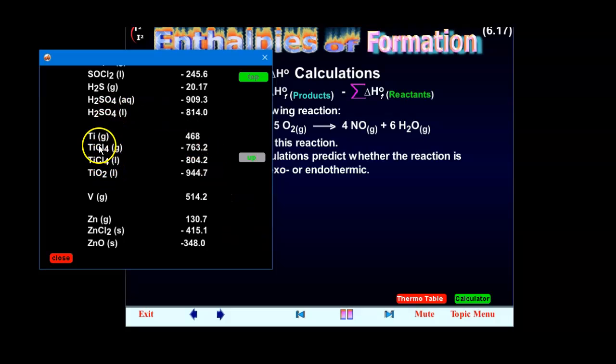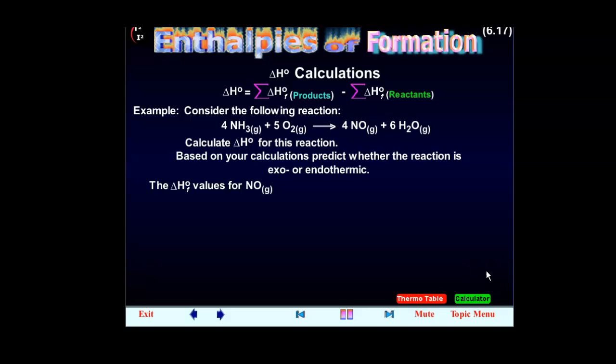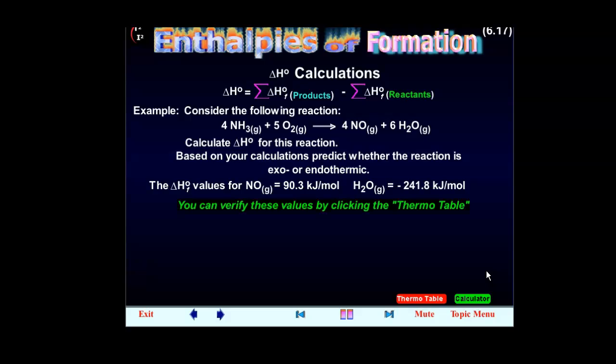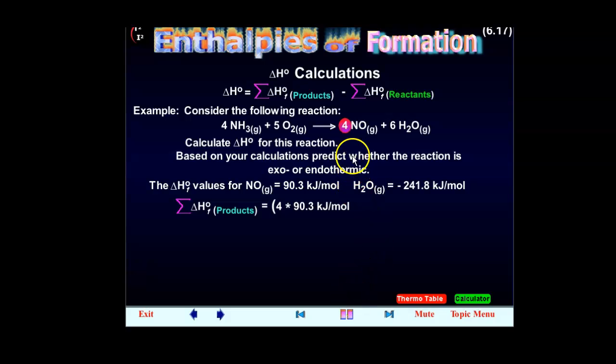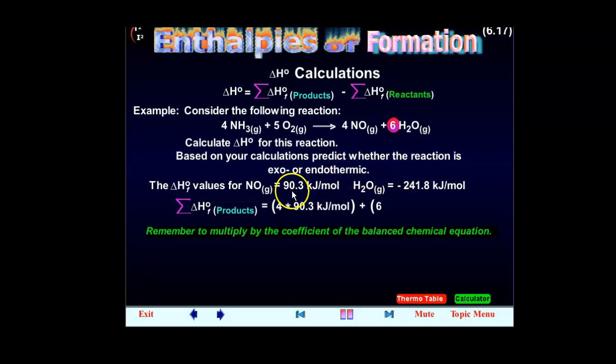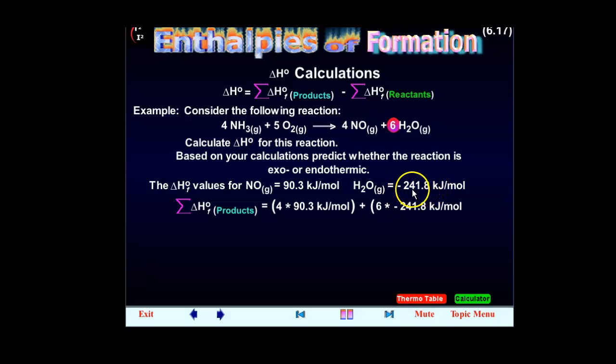All right. So these are the values for the delta formation of all those substances as we move along. The delta HF superscript 0 values for NO gas equals 90.3 kilojoules per mole. H2O gas equals negative 241.8 kilojoules per mole. Summation delta HF superscript 0 products equals 4 times 90.3 kilojoules per mole plus 6 times negative 241.8 kilojoules per mole. Now remember, this is a summation. 361.2 kilojoules. Now remember, this is summation of the products